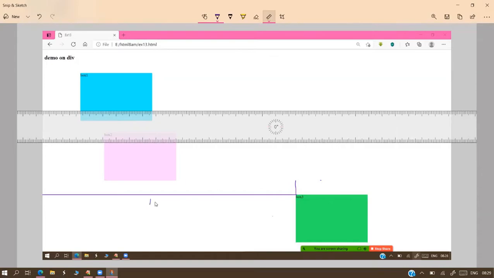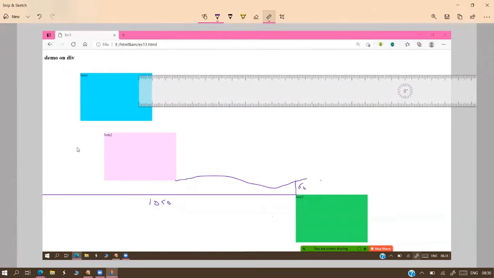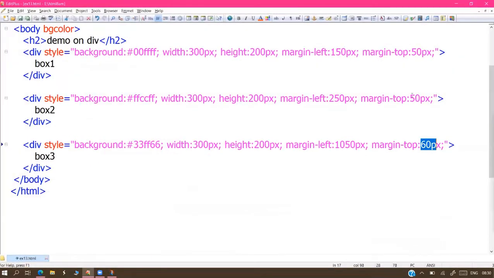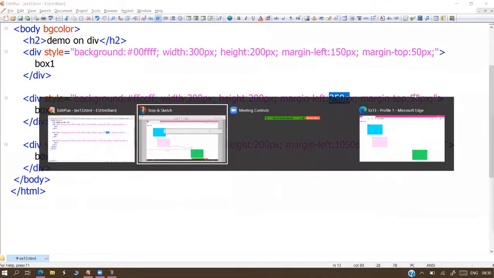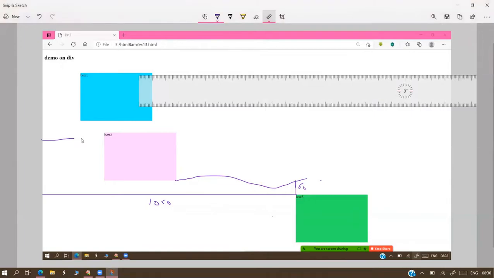This is 1050 pixels and this is 60 pixels. The 60 pixels is calculated from the bottom of the pink box, not from the beginning of the screen. Our previous component is also the same thing. How does the pink box come to this location, sir? We gave left margin 250 and top margin 50.